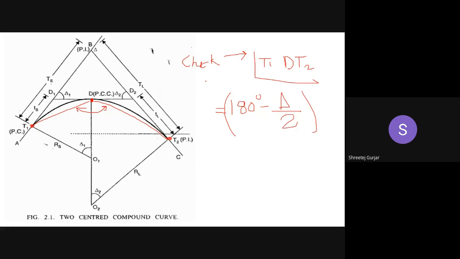Okay, so I hope you have understood how you set out a compound curve. If you have any doubt, or if there are any steps you did not understand, you can let me know and I will explain again. If not, then we can move on to a few numericals. We will solve 3 numericals today, so that you have a better understanding regarding compound curves. Shall we move on to numericals? Can anyone let me know?